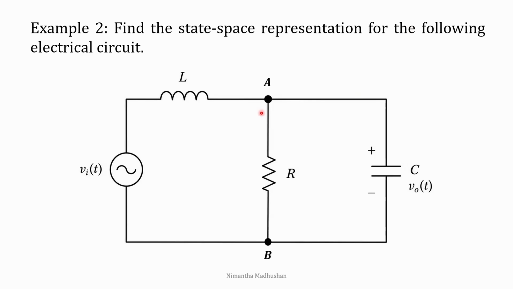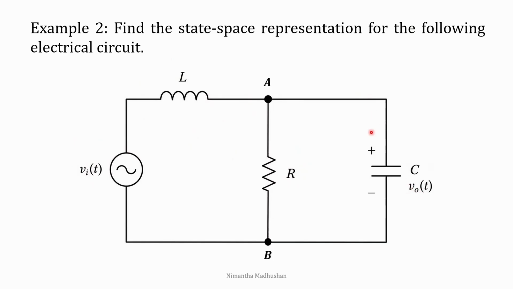In this video, I am going to discuss another state space representation model example. In this example, a simple RLC circuit is given. The components are similar to the previous example, but the arrangement is different. Resistor is in here. The input voltage is Vi and the output voltage is Vout, that is the voltage across